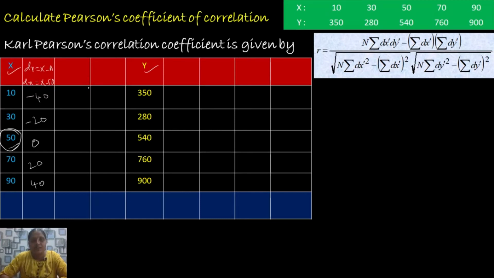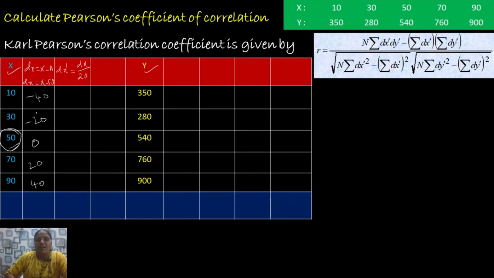Next, what we are going to do is calculate dx dash, because look at the values of dx here. All the values of dx are divisible by some constant. Do you know which constant? The value is 20. All the values have 20 as a common factor. So I have to use my dx dash as dx by 20.